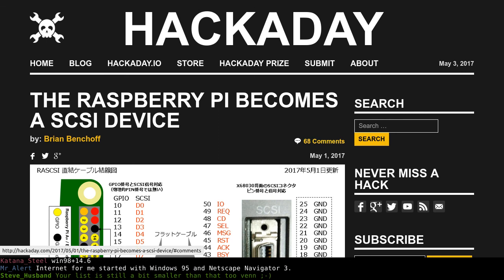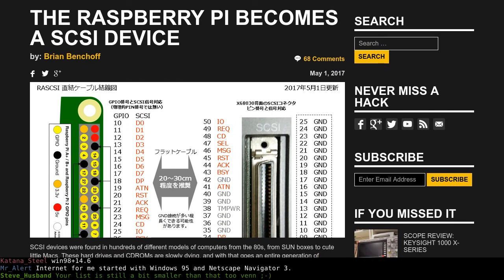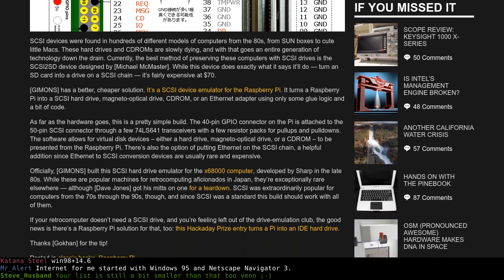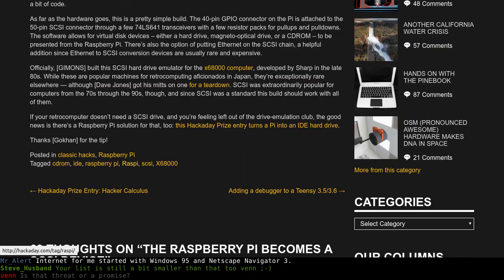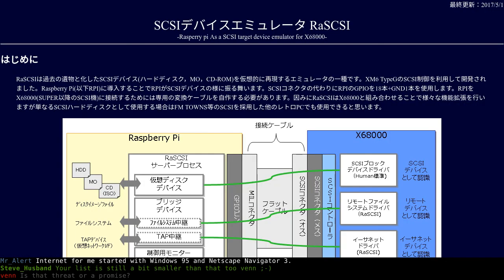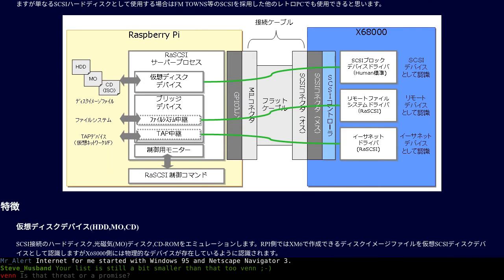So, as I mentioned at the top of the show, do you have a SCSI drive laying around? Chances are, if you're a computer person, you probably do. So you'd like to get some of that data off of there, or say you still have a working SCSI system somewhere in your network, and you would like to introduce Ethernet access to it. You can do it if you have a Raspberry Pi and you don't mind either wiring some of the stuff yourself, or paying a fine Japanese gentleman who basically created a SCSI adapter that you can plug into your Pi's GPIO ports.